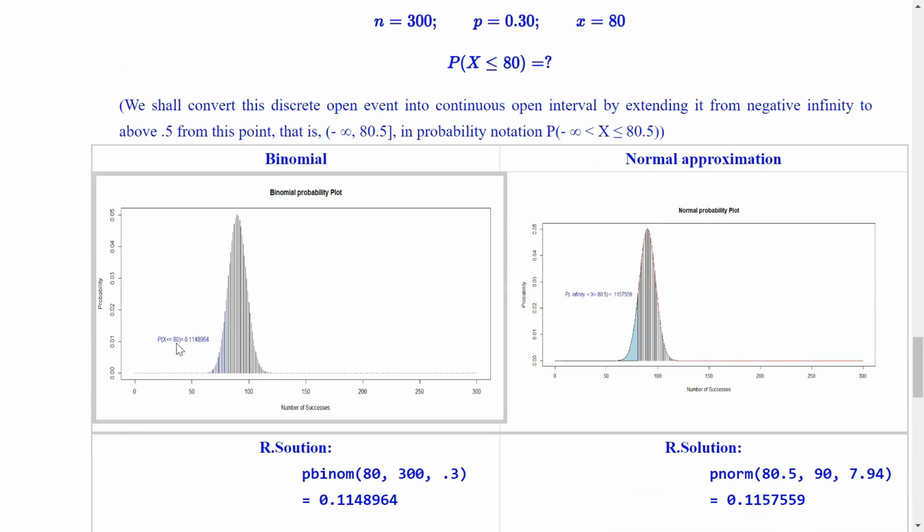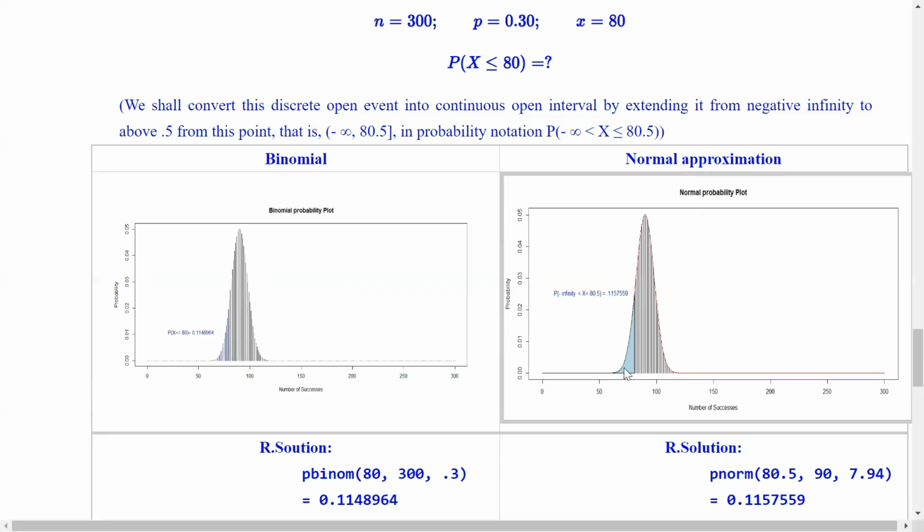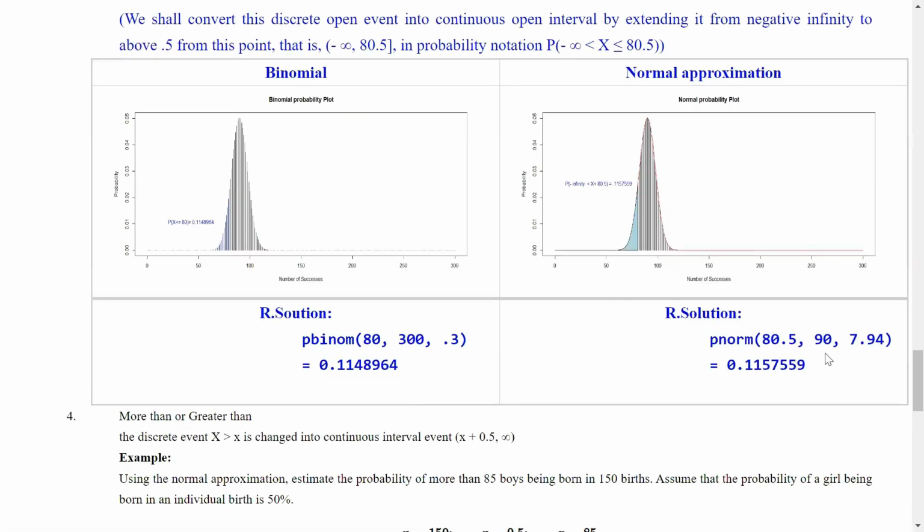Since the random variable x includes 80, here in this binomial distribution, the computed sum of the discrete probabilities from negative infinity to 80 is shown in this figure. Equivalently, in this normal distribution, the probability equals the area in the interval ranging from negative infinity to 80.5 in this figure. Below each figure,